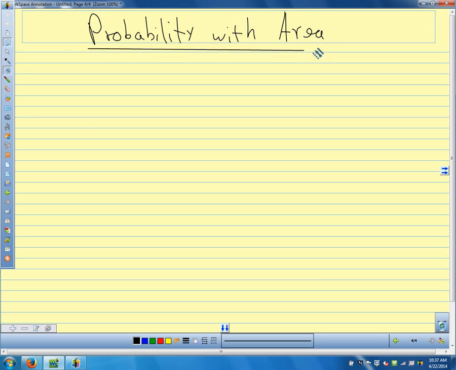So this is very similar to what we just talked about. Area and probability, we would use that if we're talking about a dartboard or something. We're throwing a dart at a dartboard. What's the chance that we hit a particular part of the dartboard? It has to do with the areas that we're talking about. So when we're talking about area, our probability, and this would be what goes in your circle, your formula for geometric probability,